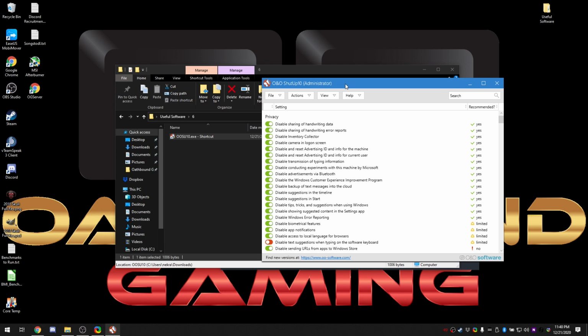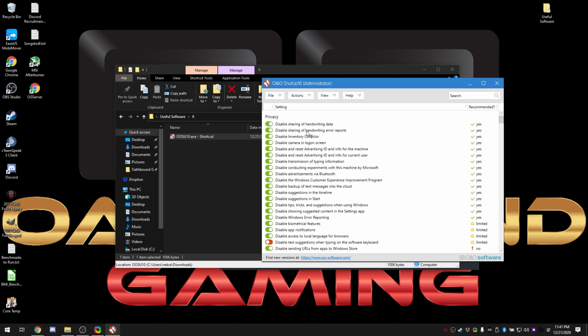Now, before you use this software, please look at what you're doing with it, because you can cause a little bit of problems for yourself that you really don't want to do. But I don't want to scare you, but it's very, very easy to use it properly as well. So if we take a look at this, this software allows you to disable what they're calling Windows spyware type of stuff. And it kind of is. And I know a lot of people really value their privacy and they would like to disable some of the tracking type of stuff.